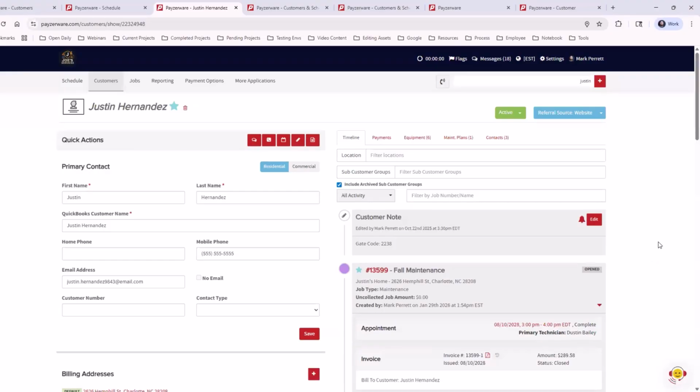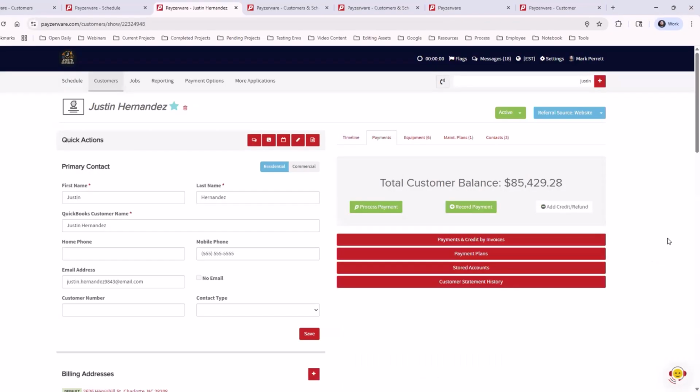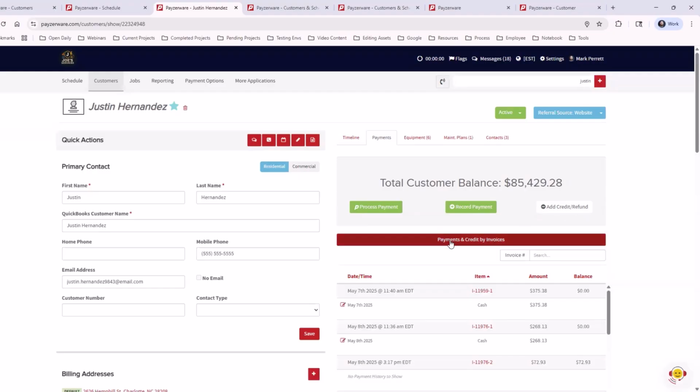Next, let's take a look at payments. So from here, this is kind of the payments hub for this customer. It will tell you their total balance. This will be a sum of all invoices in their system, unpaid invoices. And then you can process a payment, record a payment, and add a credit or refund right from here. These sections down here, we have payments and credits by invoice. So I can